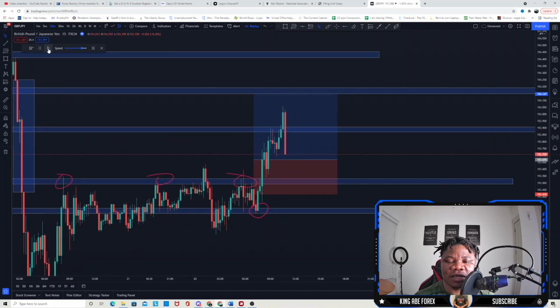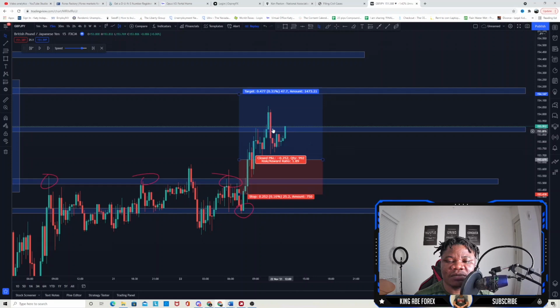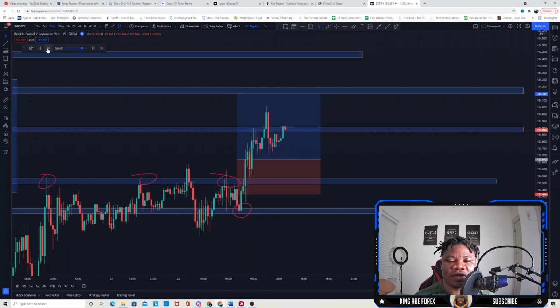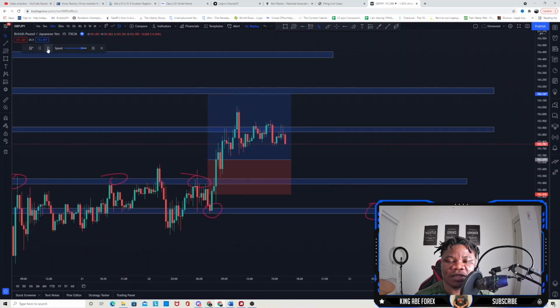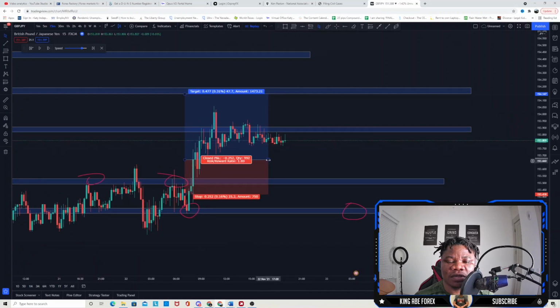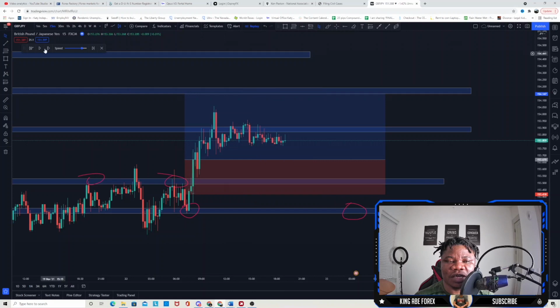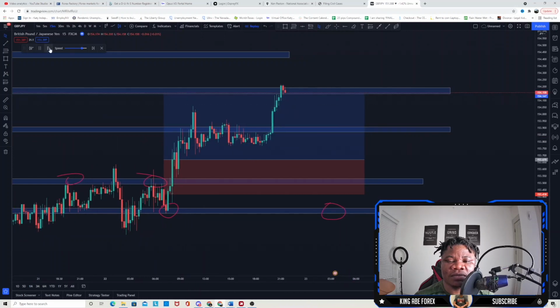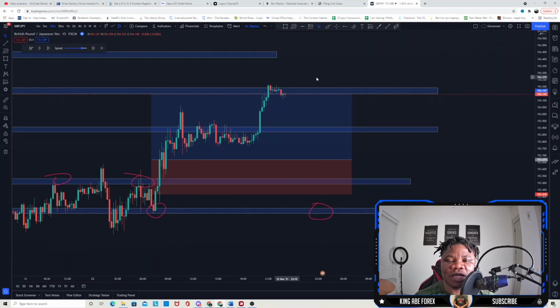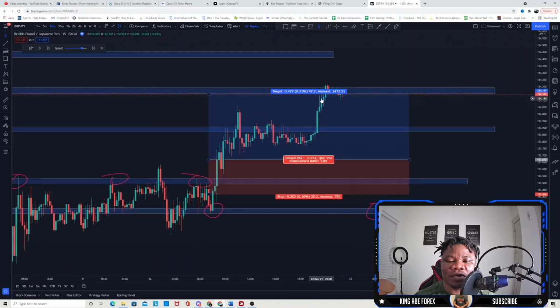Let's take a look and see here. So we got our first take profit smashed right there for 20 pips. Now you can go ahead and move your stop loss to entry price, and let's keep looking to see if our second take profit got hit. Let me drag this all the way, because we can see now price started consolidating at this zone, creating another resistance zone here. So let's keep looking. Right there we got our second take profit smashed for 47 pips, almost 50 pips,